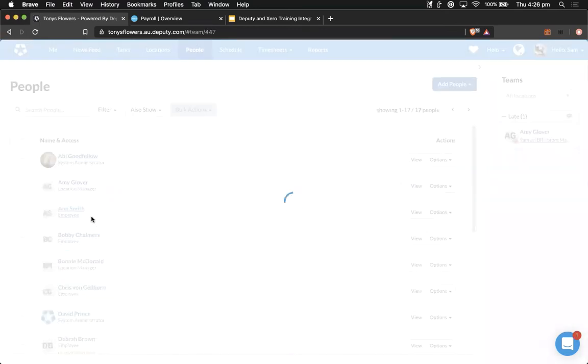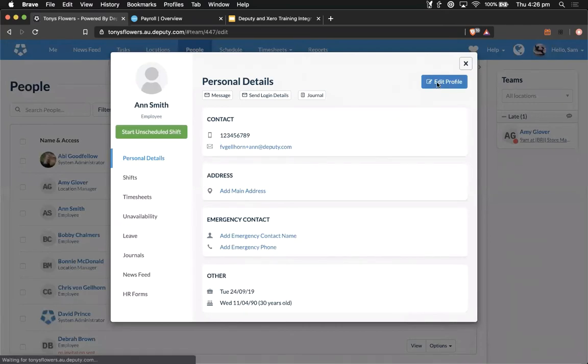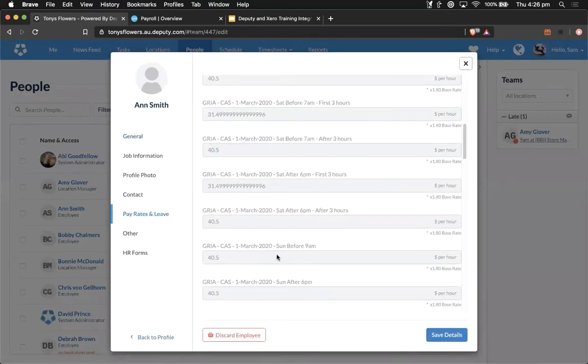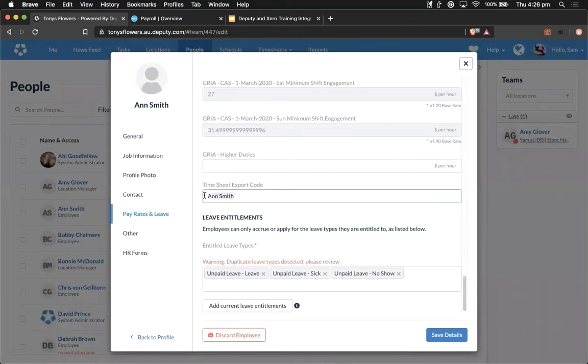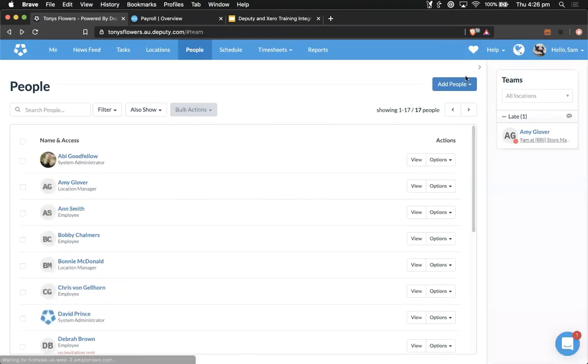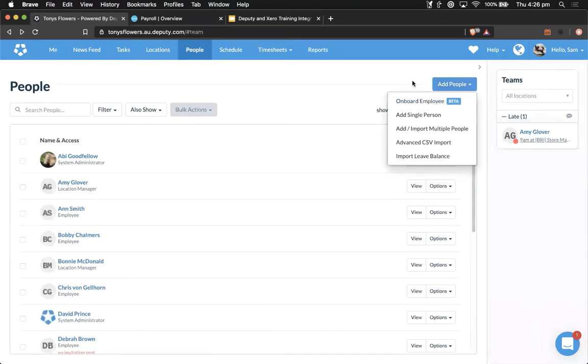So in the same way that we've got all of this very easy to see user interface, one of the fields within the CSV that you add and upload will be the timesheet export field. That'll just be a copy paste of the first and last name essentially. Cool. So we've talked about a few different ways, and as you can see, there's heaps of different ways that you can get people populated into your Deputy account, but with a slight consideration: if I'm going to add people to my Deputy account and invite them and get them using Deputy, there's going to need to be a consideration as to how their information is filled out so it can successfully connect with